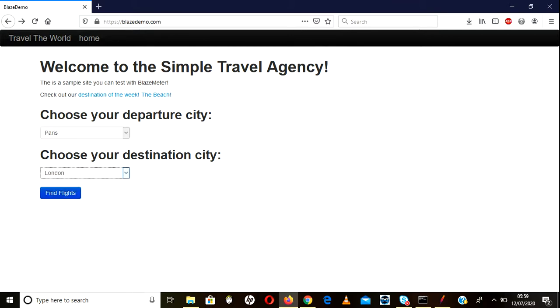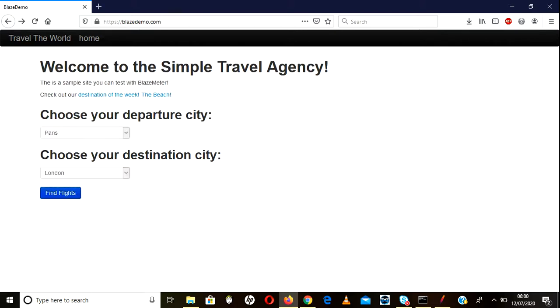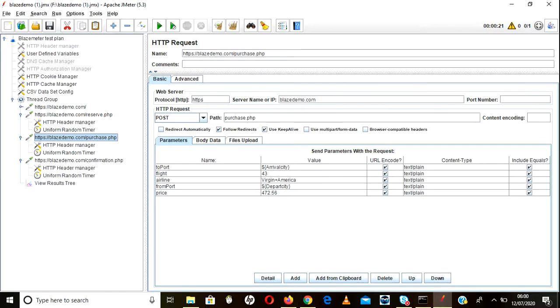See, every time this value is not changing, so you need not worry much. If it is changing, then only we should be worried. Then you have to do your correlation properly, otherwise it won't work. In our case it is always static. So this is the way we have to do it. Now we are good, and you need not do correlation for this one. Even if you want, in the next session I will show you how to do correlation also,